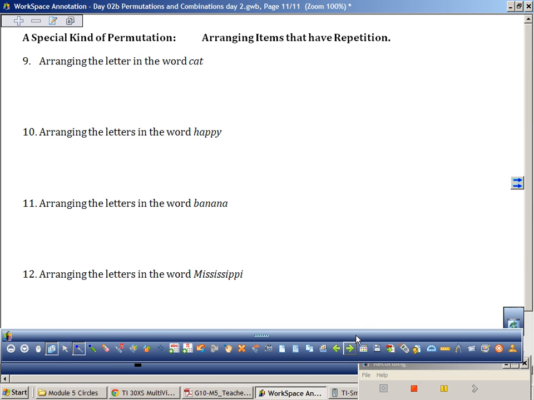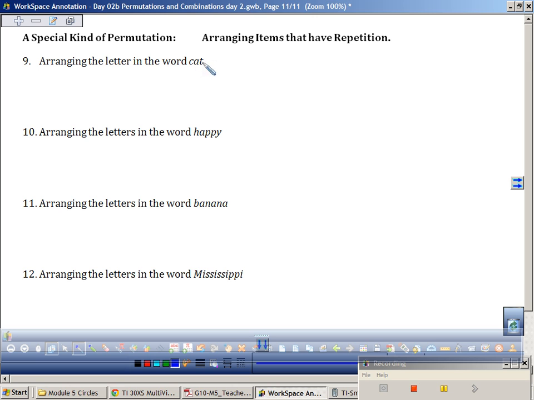Alright, a special kind of permutation, arranging items that have repetition. Okay, so this one's a little bit different. Arranging the letters in the word cat. 1, 2, 3 letters with 0 repetition. 0 factorial is always 1. So this is just 3 factorial over 1,